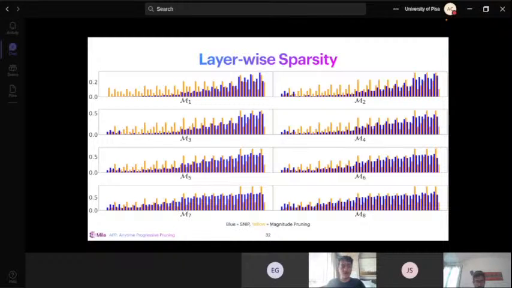As you can see, the orange or yellow bar here denotes magnitude pruning, and the blue bar denotes SNP pruning. Each individual plot is the pruning that is done at each of the mega batches, each bar represents that particular layer index, and the height of the bar represents how much we are pruning of that layer. So you can see that when we use magnitude pruning, initial layers are very heavily pruned at the